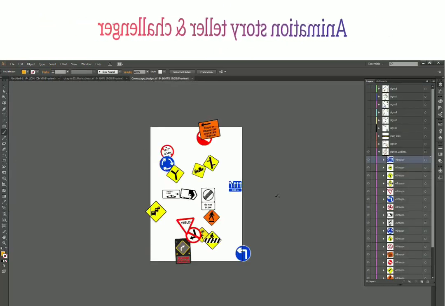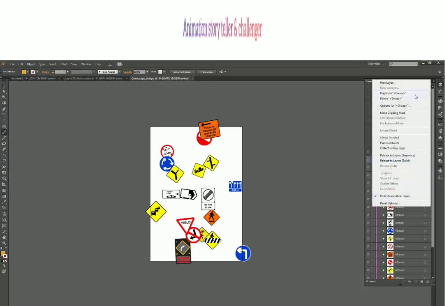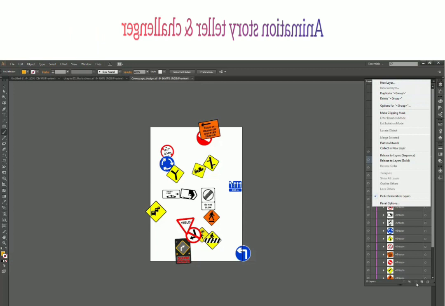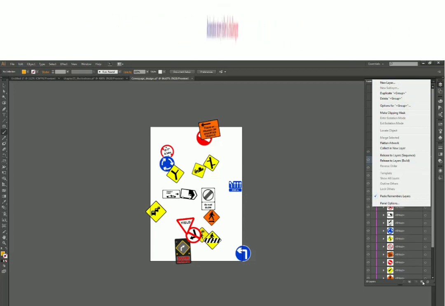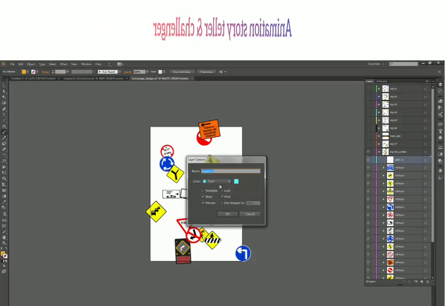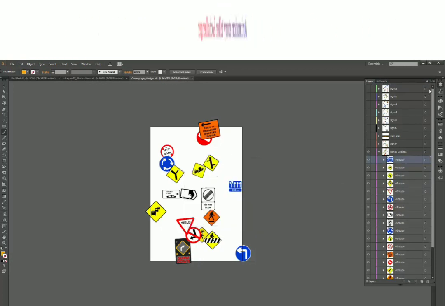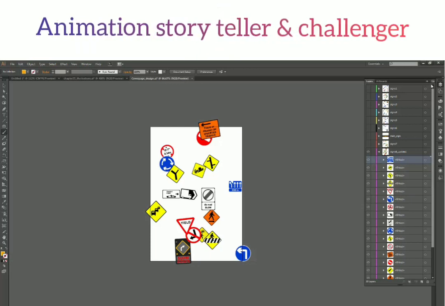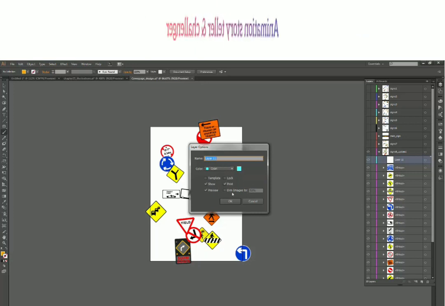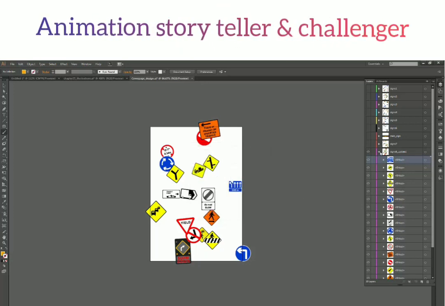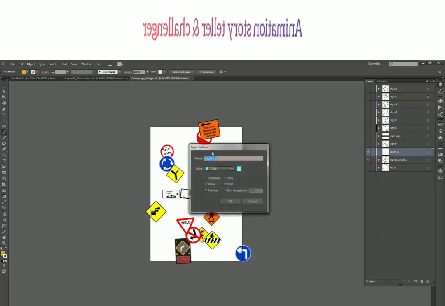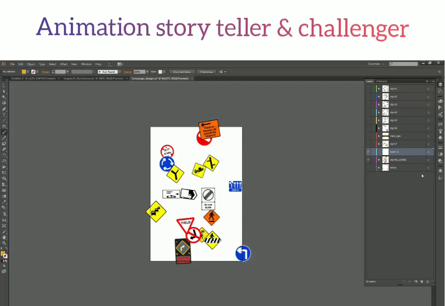Okay, now let's see the last option we have available here, which is called new layer. We have seen this option before from the bottom right icon, which is also a new layer. It works the same way, it just creates a new layer. The only difference is when you create it from the bottom icon, you get this option window just after creating a layer, and you can rename all these things. From here, you don't get this option. It just creates a layer, and you have to manually open the layer options and change all the settings by yourself.